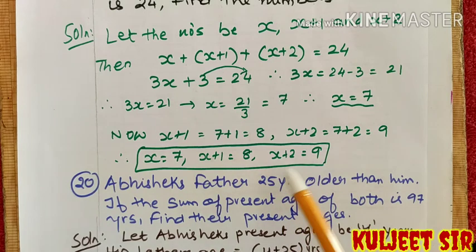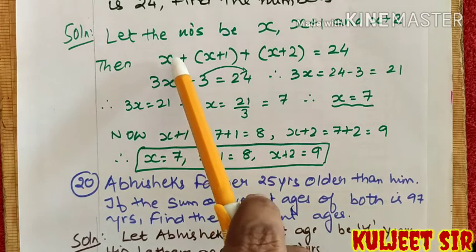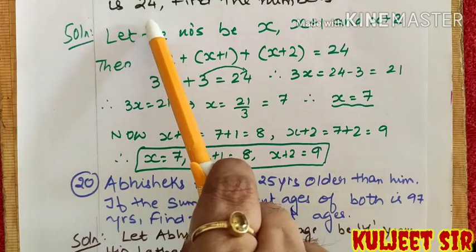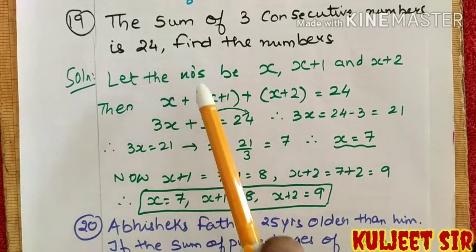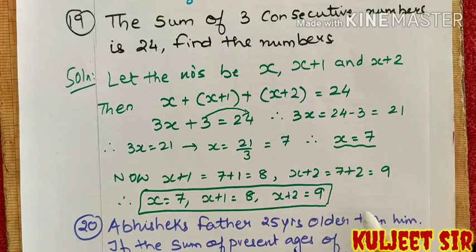They are the 3 consecutive numbers in sequential order, and if you add them you will be getting 24. 7 and 8 is 15. 15 and 9 is 24, and you get 24. So your answer is correct. When we reach the same number, we get 24. So we can say that yes, the answer is very much correct.